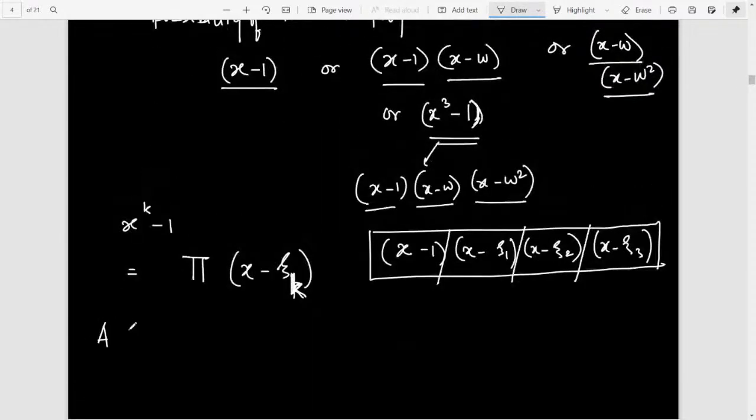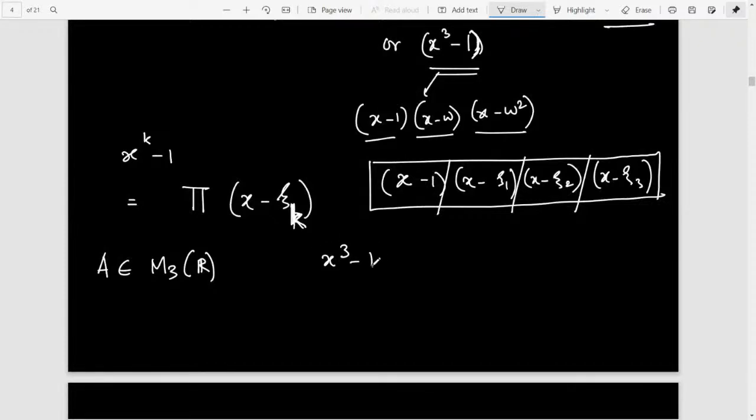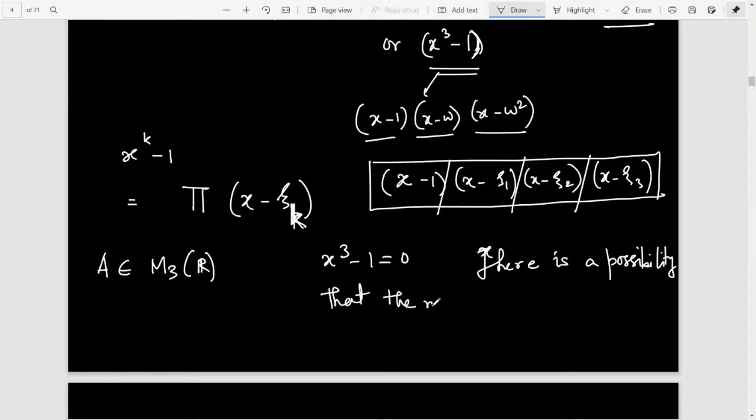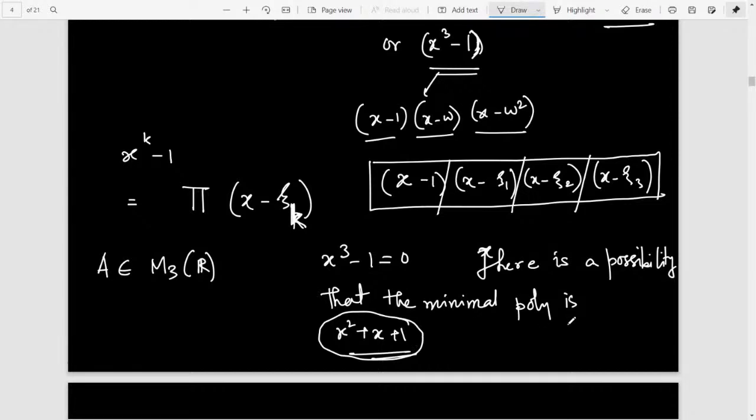But suppose A belongs to, let's take it till, M3R. Now if in M3R x cube minus 1 equals 0, that means there is a possibility that the minimal polynomial is x square plus x plus 1, because this is a divisor. So you can construct a matrix whose minimal polynomial is this. Okay, it's fairly possible. All right. But the thing is that the minimal polynomial actually has to have every root that